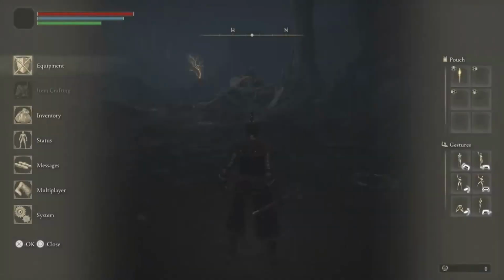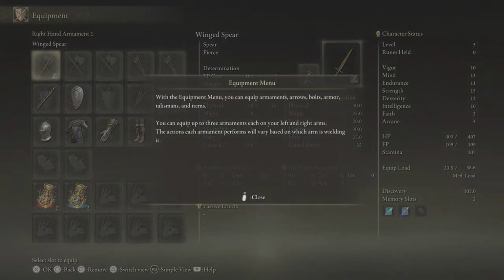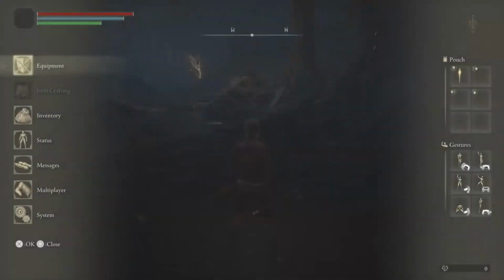In the main menu, you have options such as equipment, inventory, item crafting, status, messages, multiplayer, and system, also known as options. You can also perform gestures in the menu, as well as review your pouch. And in terms of equipment, you can equip up to 3 armaments, each on your left and right arm. And depending on which arm you decide the armament will be placed on, the action of that armament performs differently